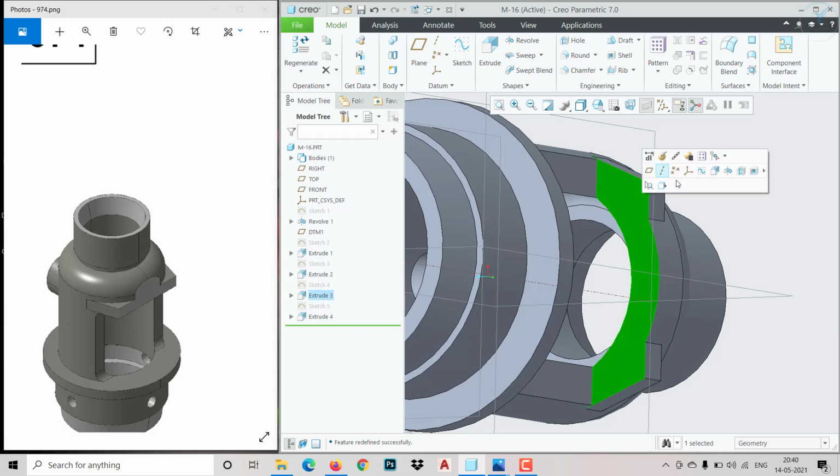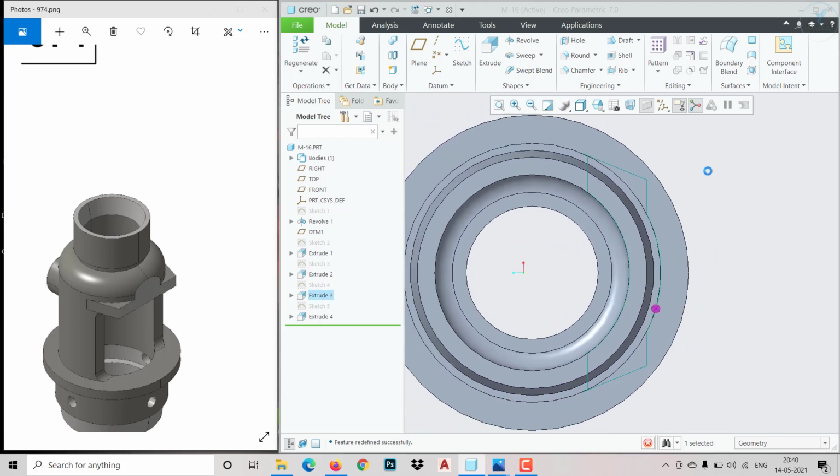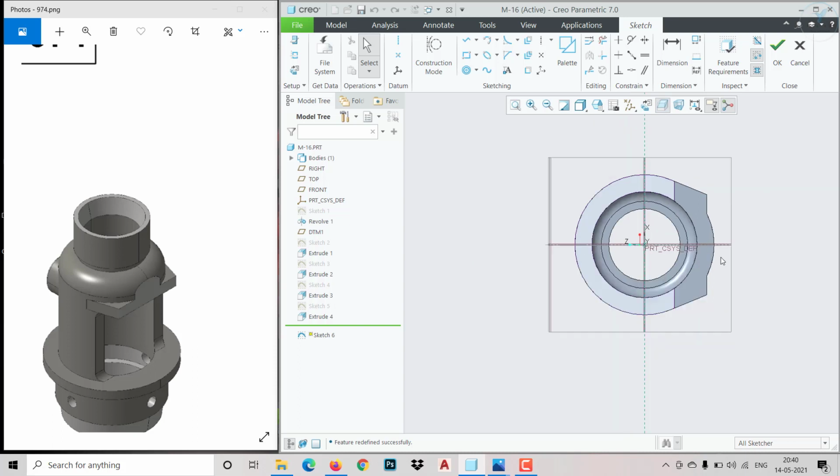So let me create one more sketch over there itself for removing that portion, the extras whatever we are having.